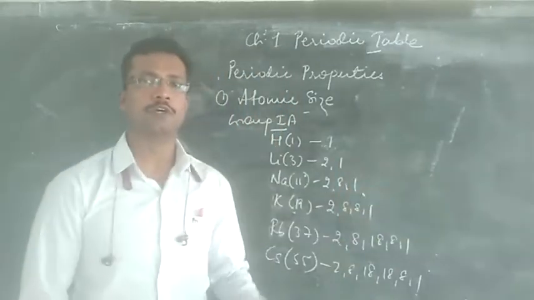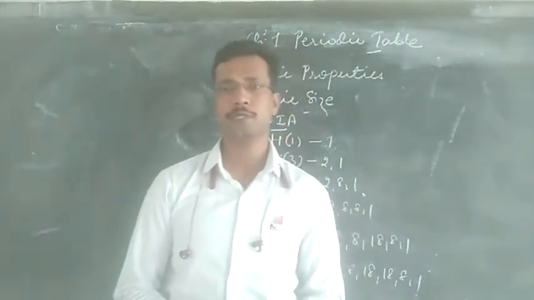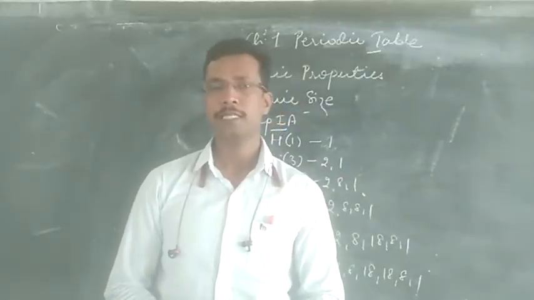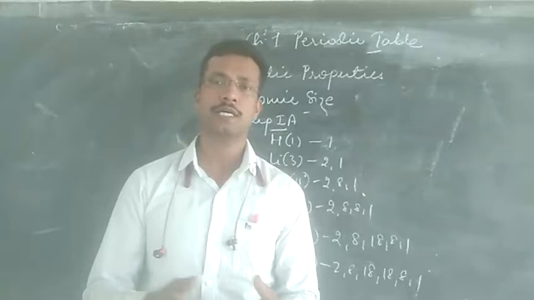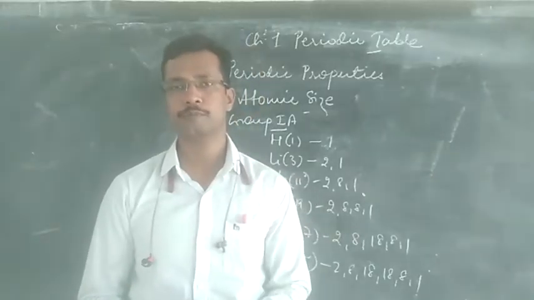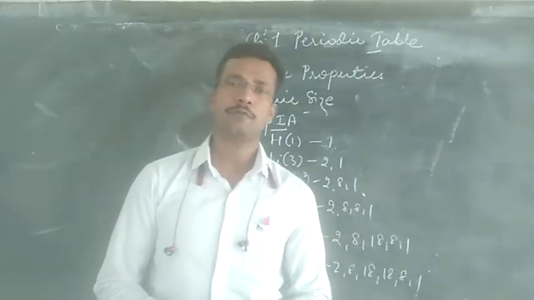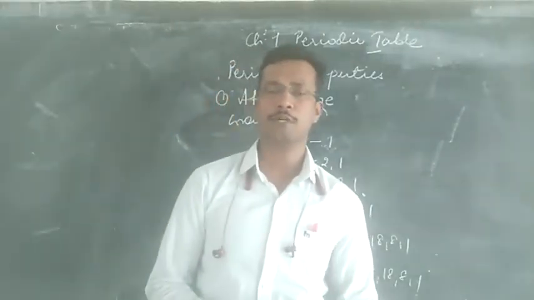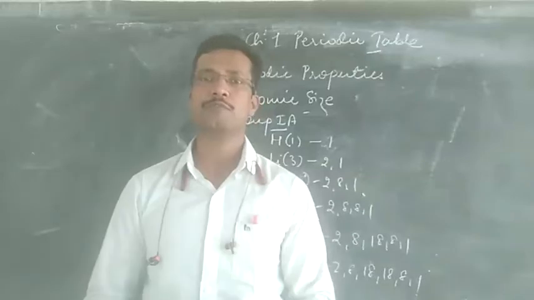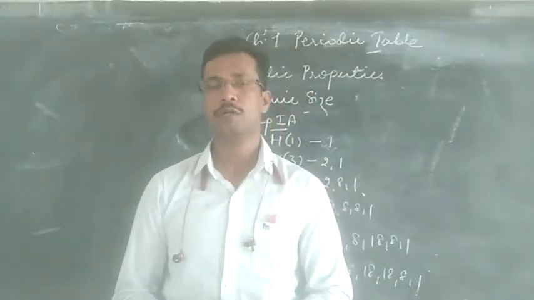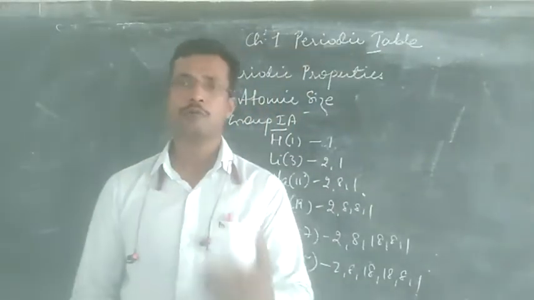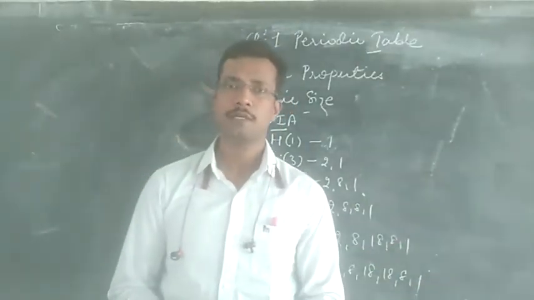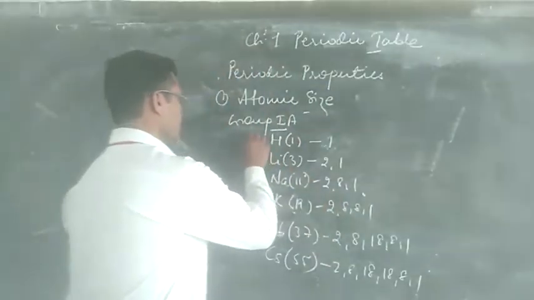As we move down the group, due to the increase in the atomic numbers, the nuclear charge also increases, and this nuclear charge increase should decrease the atomic size on moving down the group. But it has been found that nuclear charge is not so effective as compared to the number of shells. So it is the number of shells that will decide what happens to the atomic size on moving down the group. Due to the increase in the number of shells, the atomic size will also increase.